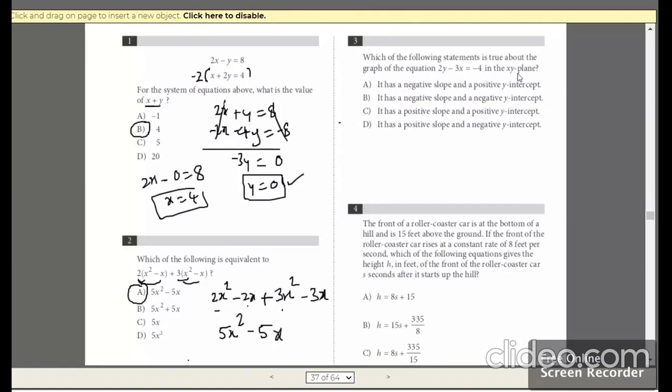Which of the following statements is true about the graph of the linear equation that is given to us in the xy plane? So if you remember the slope intercept form, that is y is equal to mx plus b. So we just need to work it out and check what my slope is going to be. It's nothing but the coefficient of x, and the constant number that you have is the y-axis intercept point. So the given equation, I just shift it to the other side or make it in the form of exactly y is equal to mx. So this is going to give me this one.